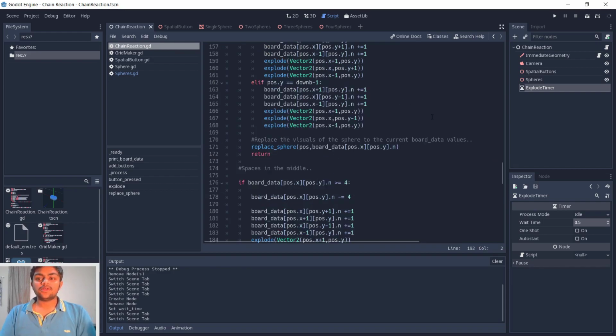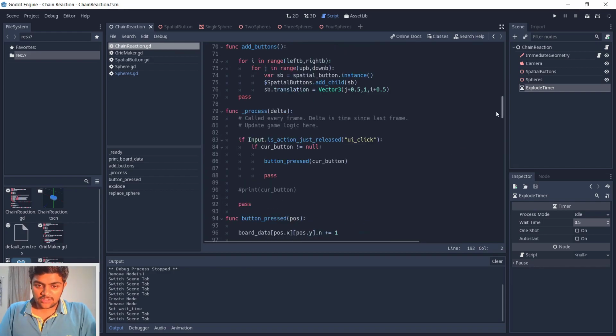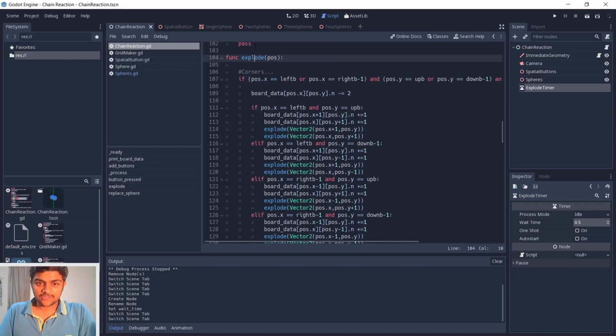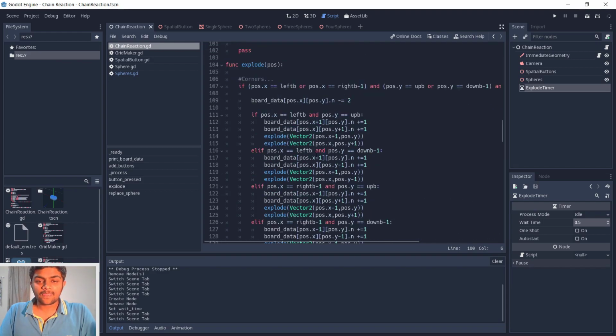So I think just go to this explode function, and after, I guess, before, just implementing,